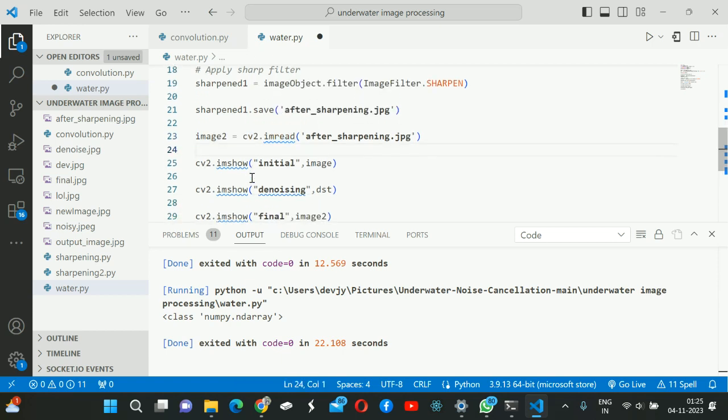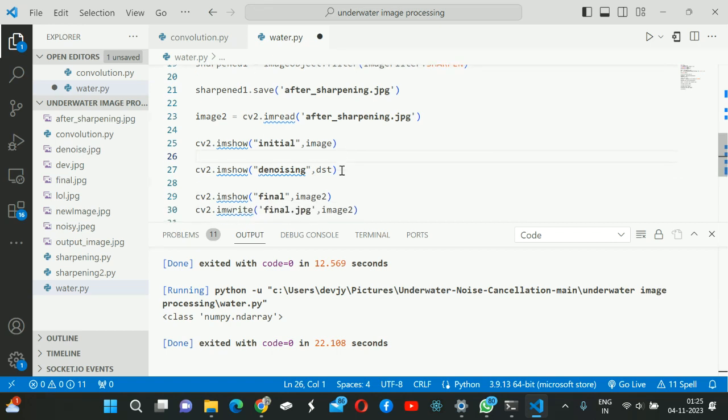Then we display the images using OpenCV. Means the original image, denoised image, and sharpened images are displayed using OpenCV's cv2.imshow. Initial, denoising, and final, three types of images are shown in the output,